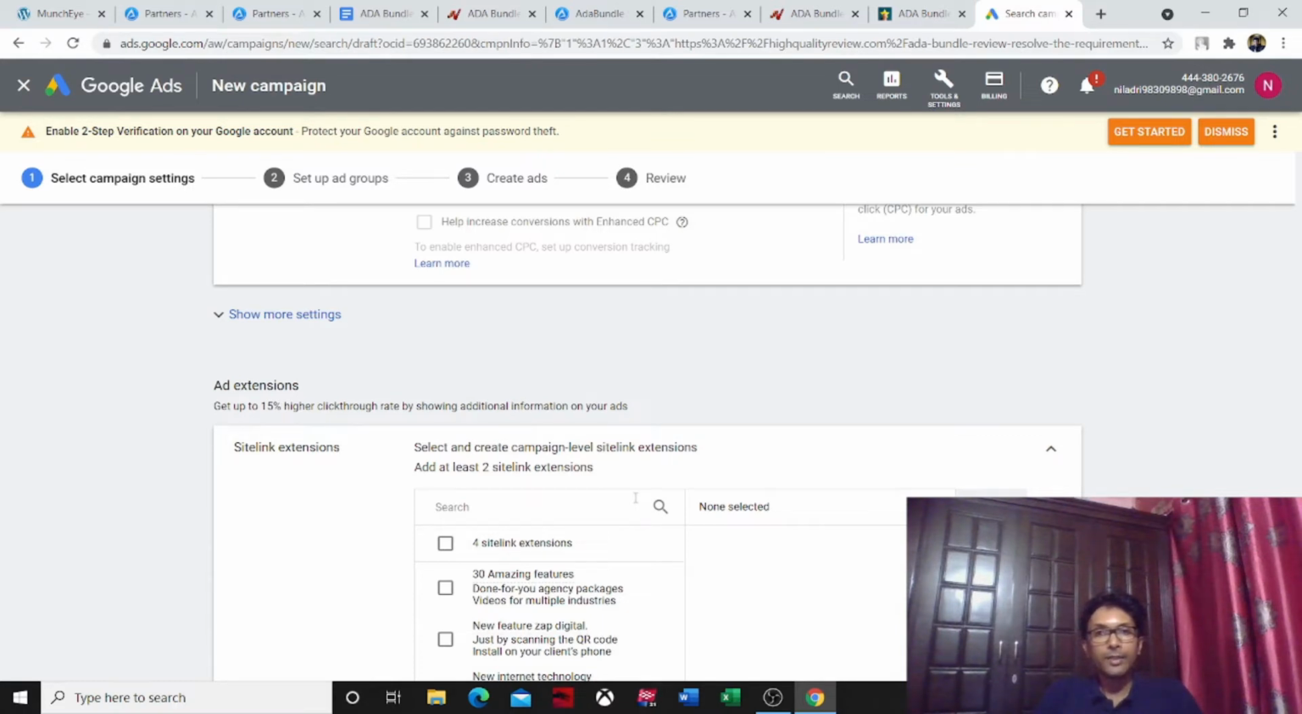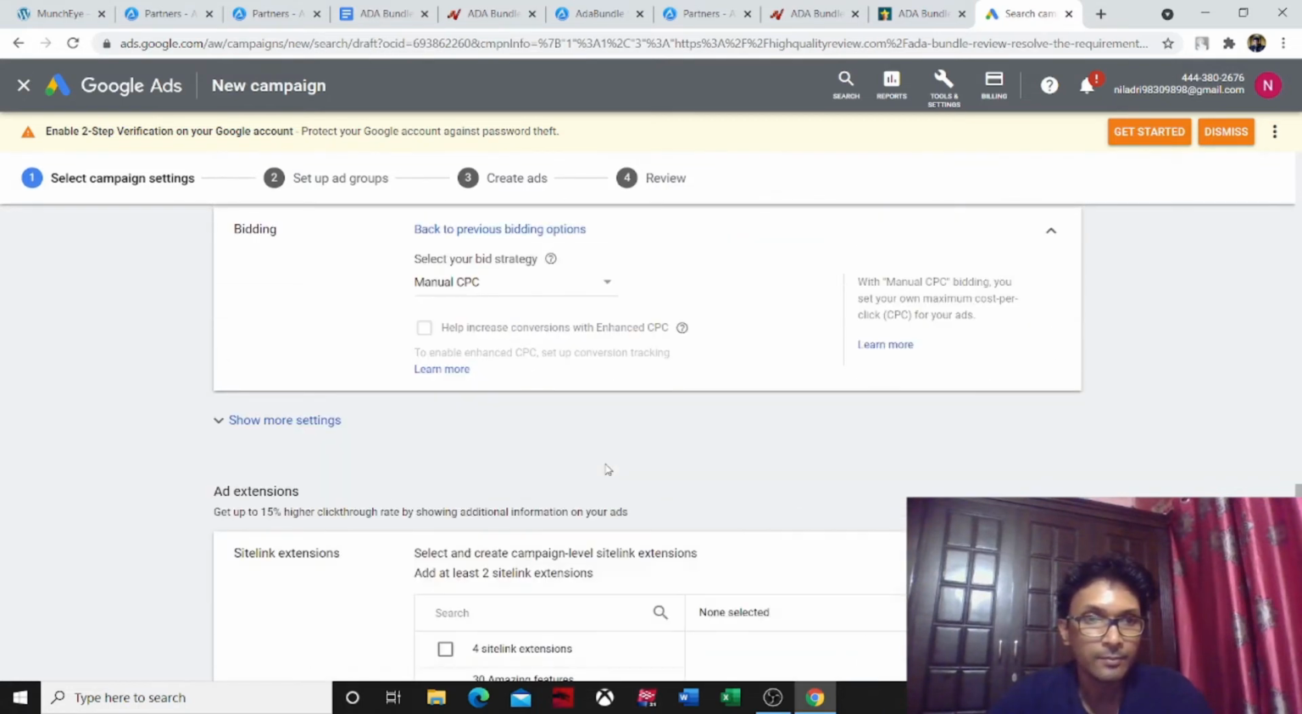Even if you are bidding a lesser amount than your competitors, you can still go to a higher ranking position if you put site link extensions. This is very important, but people don't like to put site link extensions. So I will suggest you put site link extensions and put at least 4. The next step is